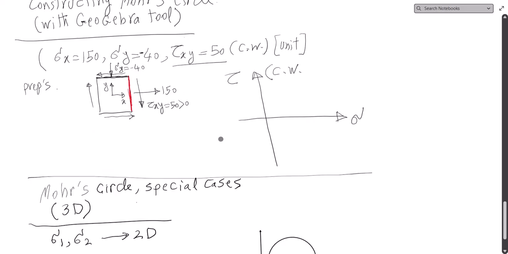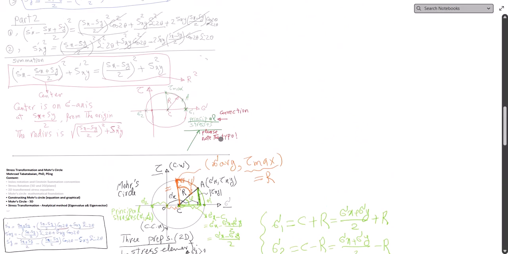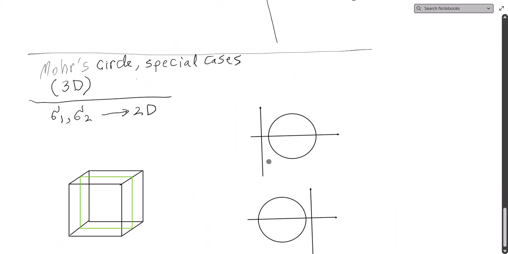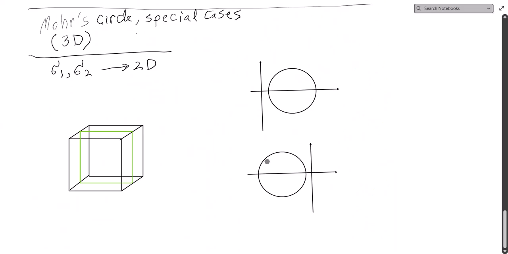if you recall, in our 2D case we had sigma 1, sigma 2 principal stresses that we discussed. One thing, notice here that this sigma 1 and sigma 2 have the opposite sign. So if you like, the product is always negative. That is why the Mohr circle will include the origin. There might be a case, and I will go through an example to show you that, there might be